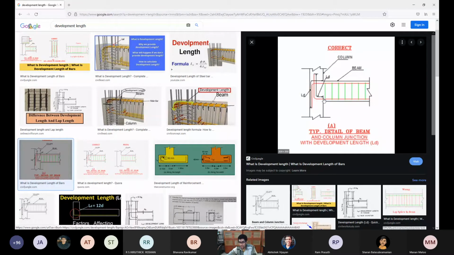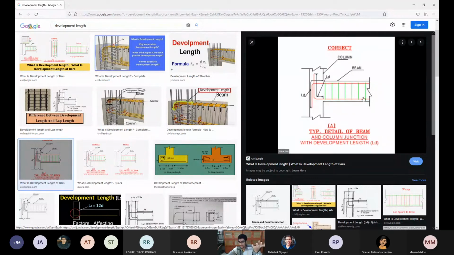If you stop your reinforcement here, the principle is, wherever your beam starts, the reinforcement starts, it does not mean that the reinforcement will start taking the entire stress from the beginning itself. For the reinforcement to start taking the actual stress which it is supposed to take, it requires some distance. At the edge of the beam the stress taken by the reinforcement will be 0, then it gradually builds up as the distance along the reinforcement goes. So if you stop your reinforcement at the junction, then at this location the steel will be practically useless. It will not be taking any stress.